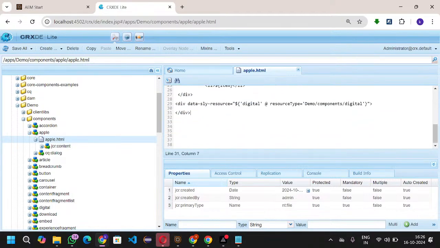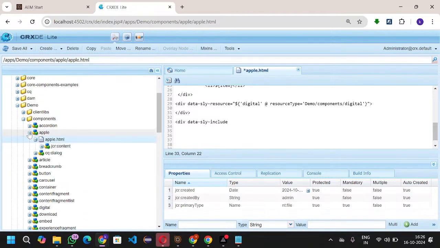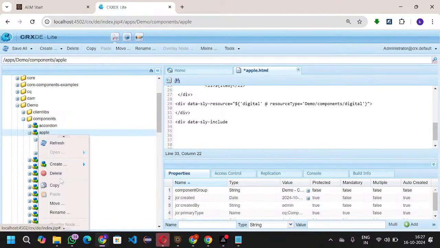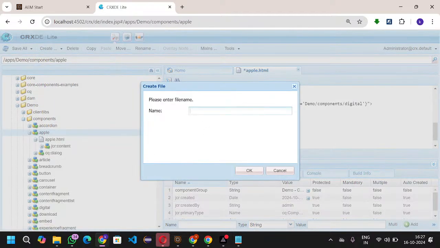Now the custom attribute is data-sly-include. So a div, and inside the div I am taking data-sly-include. The purpose of the include attribute is that you can include one script file. For example, here I will take one more script file inside the Apple component, with the file name